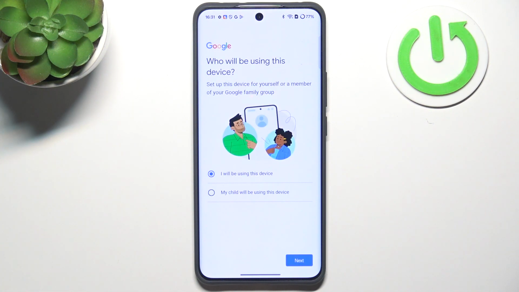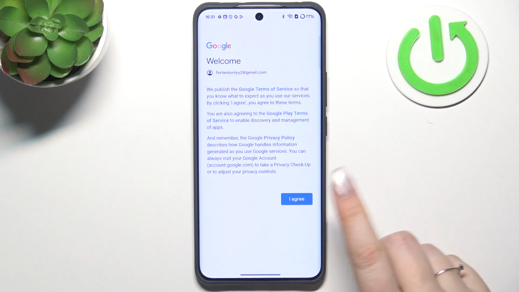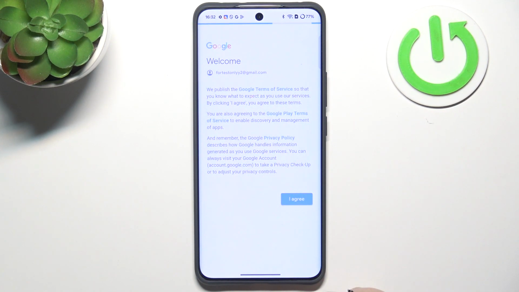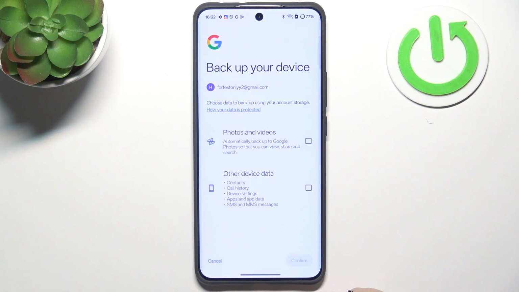Here we have to decide who will be using this device, so just mark the option and then tap on Next. Google Terms of Service and Privacy Policy, of course you can tap on them to learn more, and tap on I agree after reading. Here we've got the shortcut of backup and storage,